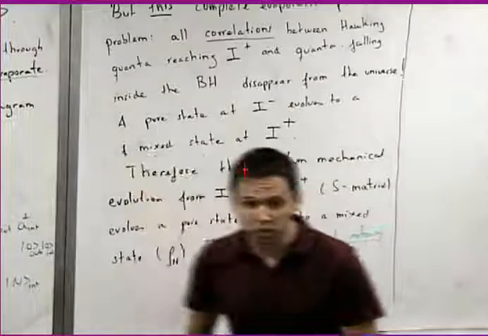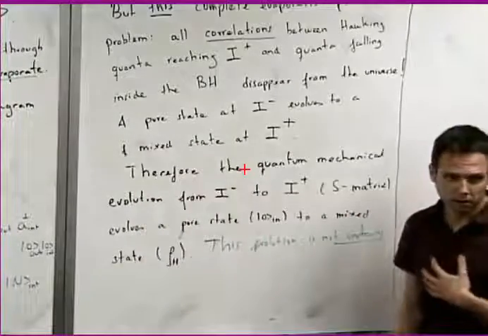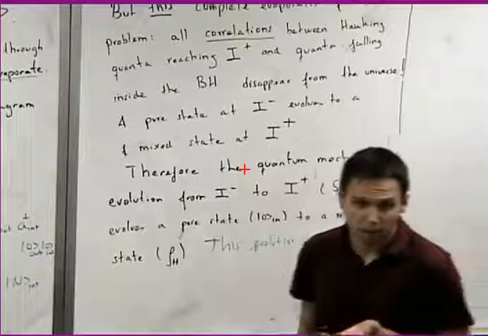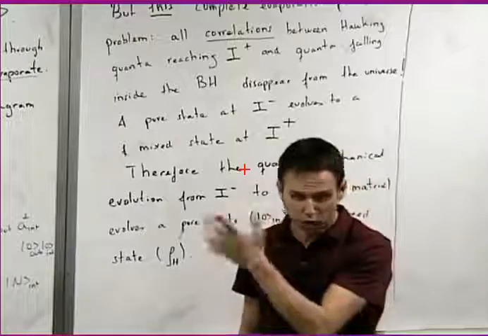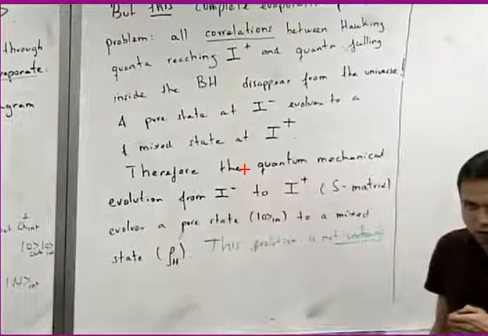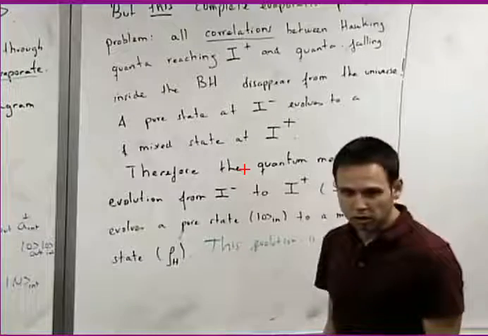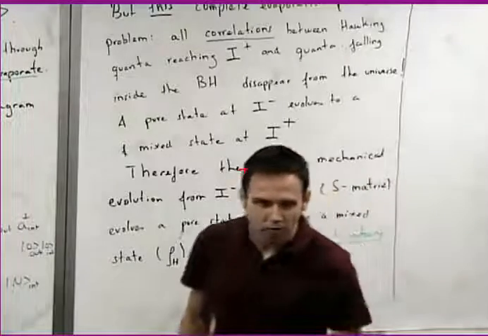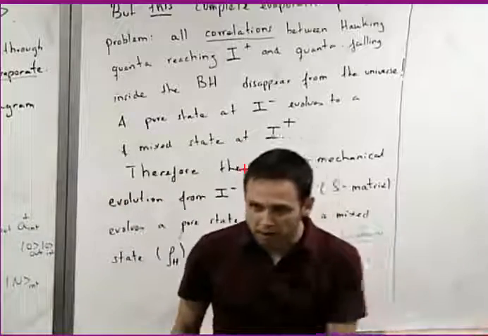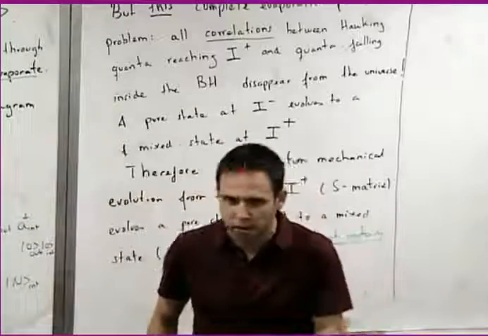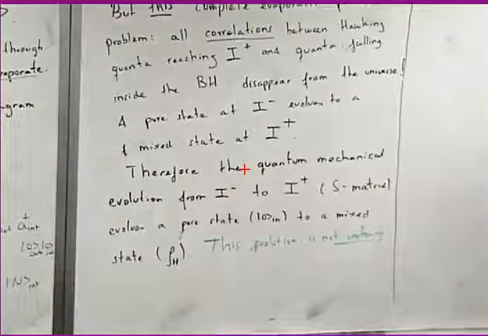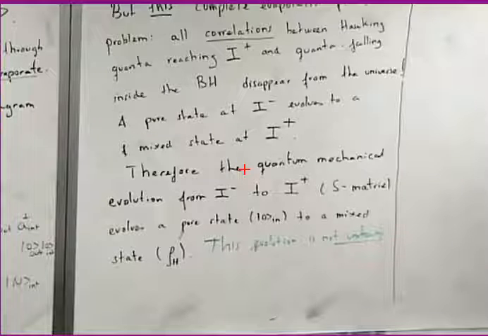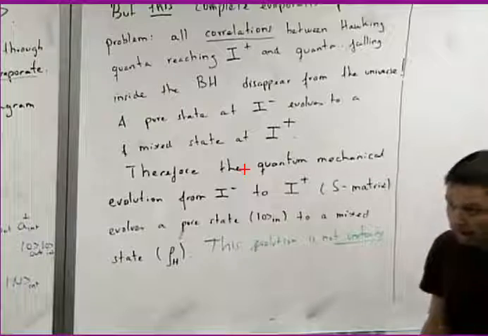Remember that unitary time evolution is one of the pillars of quantum mechanics. That time evolution is given by the unitary operator, e to the minus i times the Hamiltonian. The Hamiltonian is Hermitian, therefore that operator is unitary. And unitarity has to do with probability conservation. The fact that you have an electron, you have today probability 1 of finding it, you evolve it, in the future you still have probability 1 of finding it. So all this probabilistic interpretation of quantum mechanics relies on unitary evolution. So this seems to be violating one of the pillars of quantum field theory, of quantum mechanics in general.